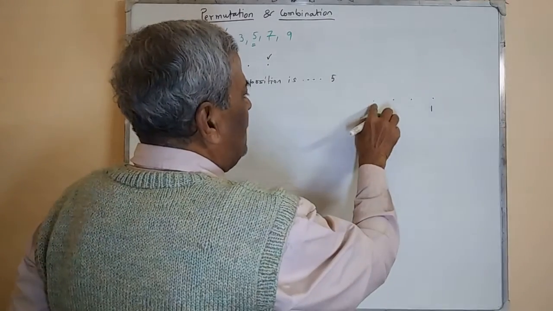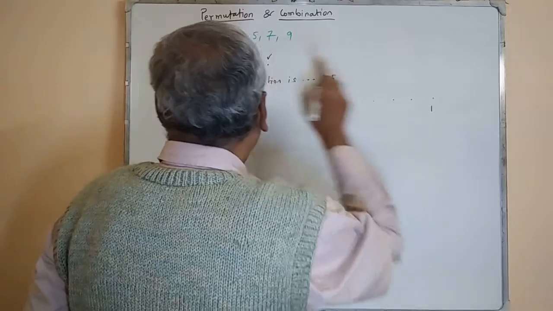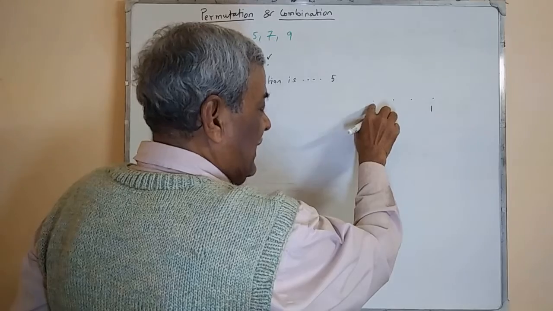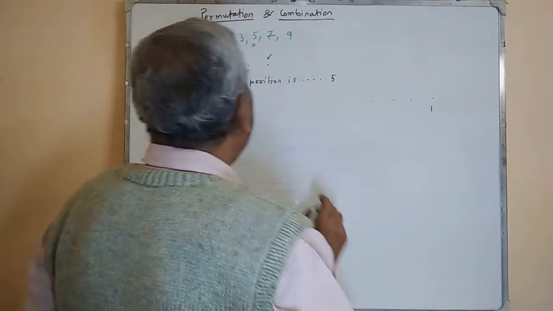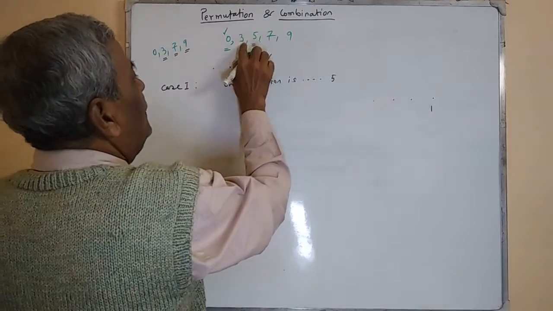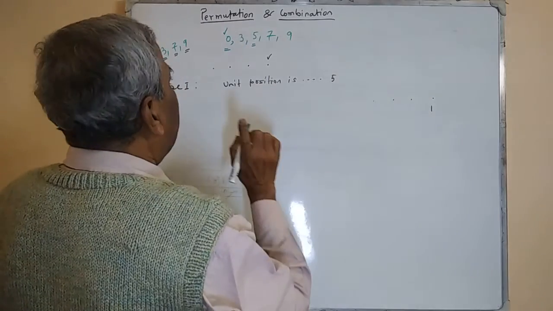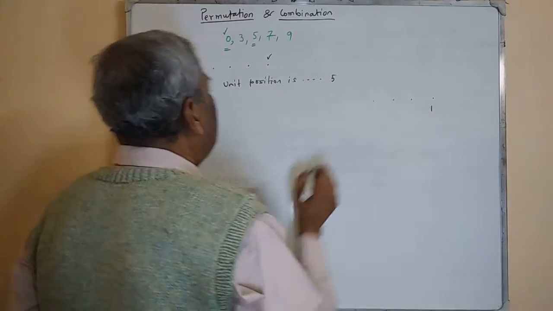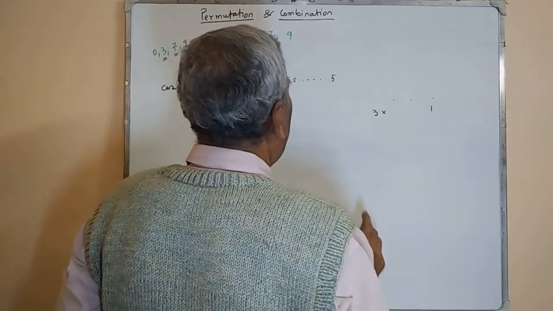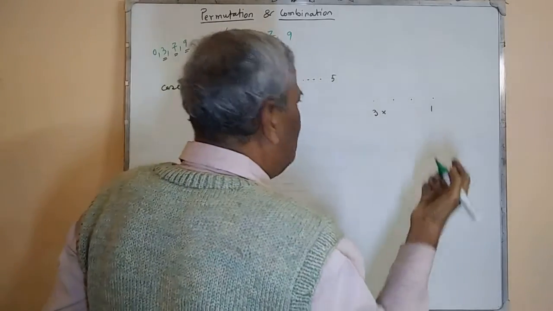And the other restricted position, this is your 1000 position, 5 is engaged there, and 0 is still left. You cannot use 0 over here. This position can be filled up by either 3 or 7 or 9. 3, 7, 9. 5 is already engaged there, and 0 cannot be used there. So this position can be filled up in 3 different ways, into. And these two positions are unrestricted, and 0 or 5 you can use there.